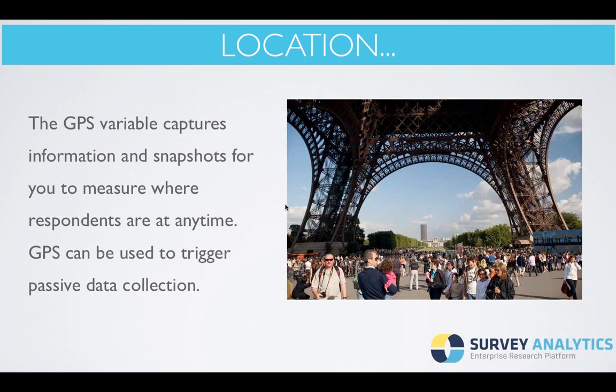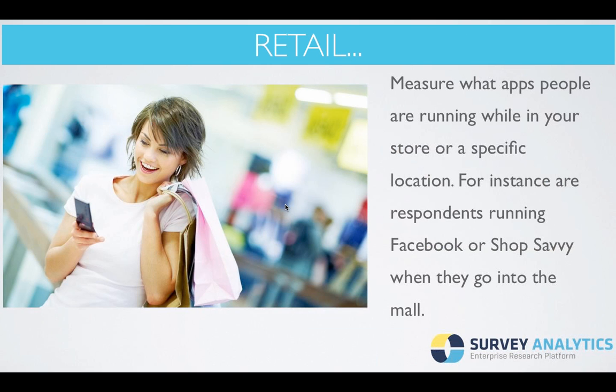We can know where people are, and we can use that GPS location to trigger passive data collection. For instance, when somebody goes into a store, we could start doing an app census and start looking at what apps they're running, or take a snapshot of what's going on their machine at that point, or even doing things like measuring the movement of people. There are interpretation difficulties with that, but we can trigger the collection of this data via people's location and a variety of other things. As I said, in retail applications, we can see if people are running Facebook or using